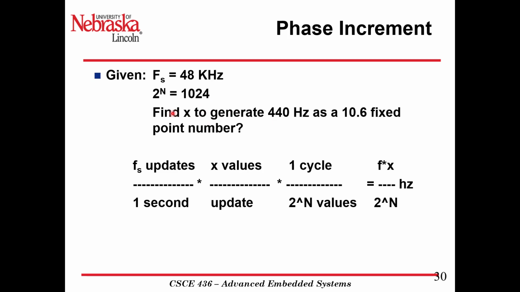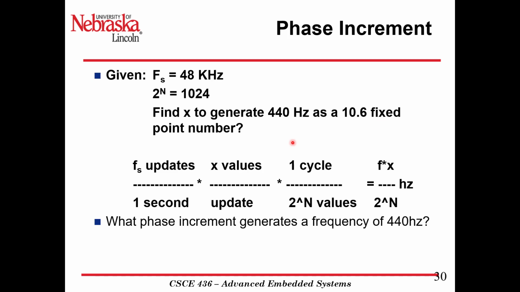The first thing we're going to do is find X to generate a 440 hertz signal as a 10.6 fixed point number. So, what goes on? Frequency over 2^n, so 48 kilohertz over 2^n, 1024, gives us